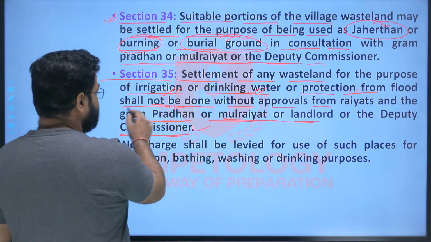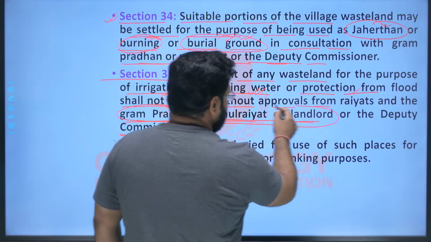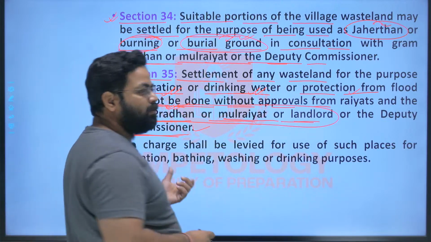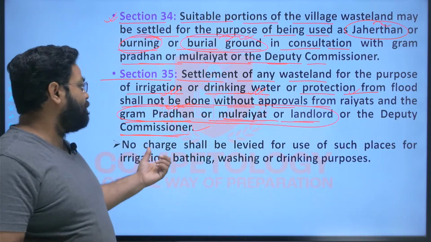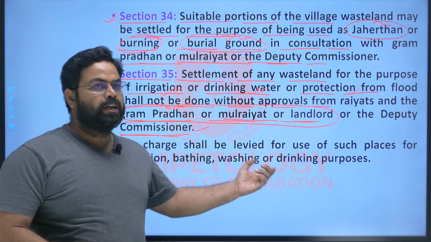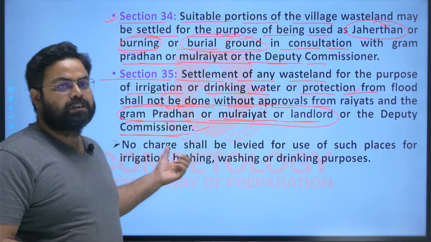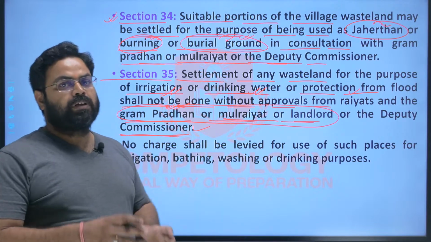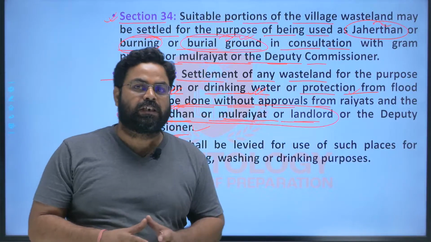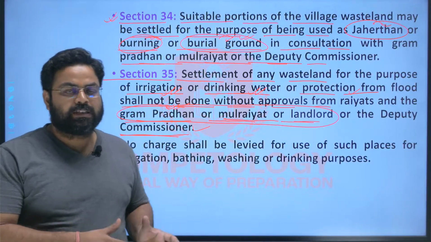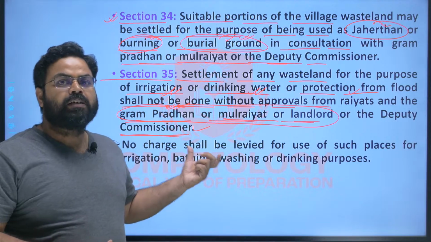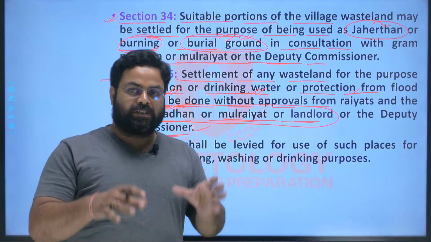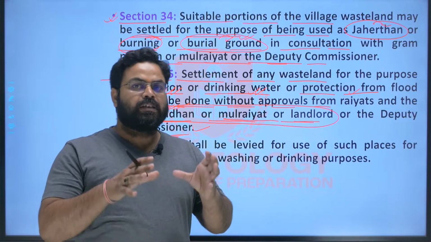So here these three are basically the common people, and one of them will only be there in the village, that will exist, like that of the Gram Pradhan or Mool Rayyat or the landlord, and above all of them the main authority is the DC. Wherever you will find that permission is needed for doing something under the SPT Act or even the CNT Act, then the DC will be the supreme authority within the district who will make all the decisions related to